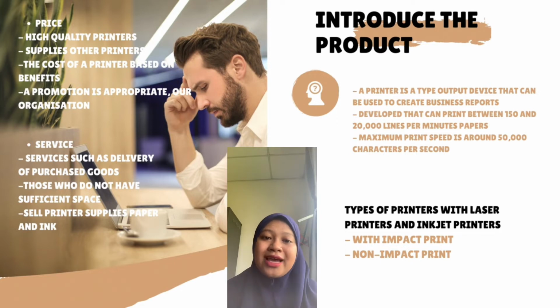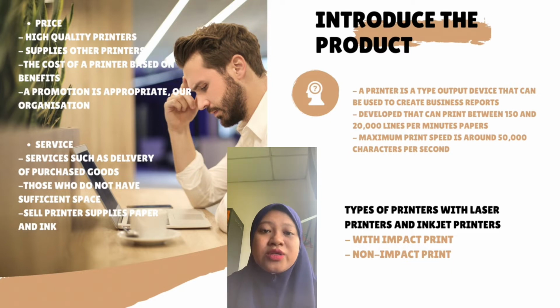Character printers print 1 character at a time, at speeds ranging from 10 to 500 characters per second. We also produce high quality printers, which is closely related to price. As a result, we price printers based on their type and features. This is due to the fact that our business not only sells one type of printer, but also supplies other printers. We have determined the cost of printers based on the benefit as well as public demand for the usage